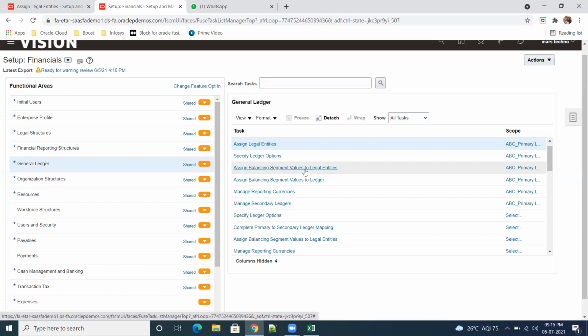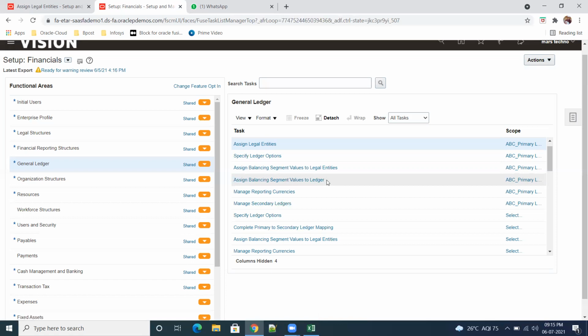So now, assigning balancing segment values to legal entities. We are not assigning to the ledger. Why? If you assign to the ledger, then for example, let us say I want to create more than one legal entity in the ledger. At that time, if I assign the balancing segment to the primary ledger, then complexity will happen, and we cannot differentiate when you run your P&L report or general ledger postings and all. We cannot differentiate which entity these particular companies belong to.